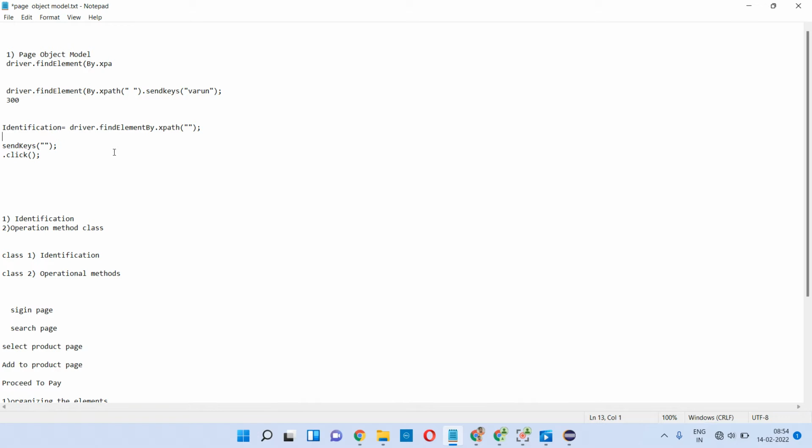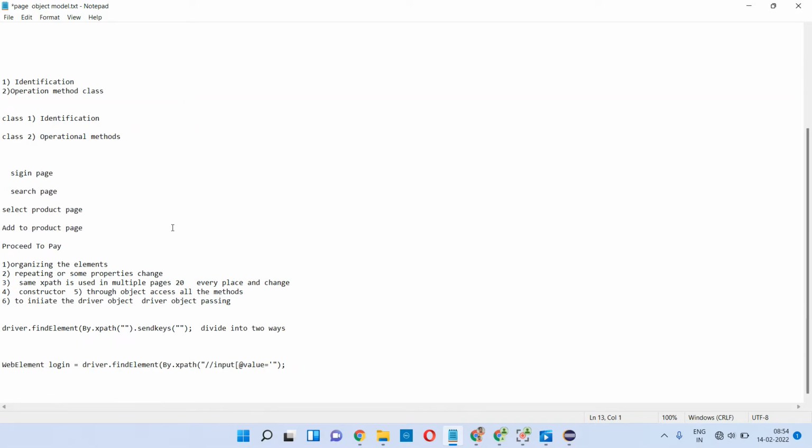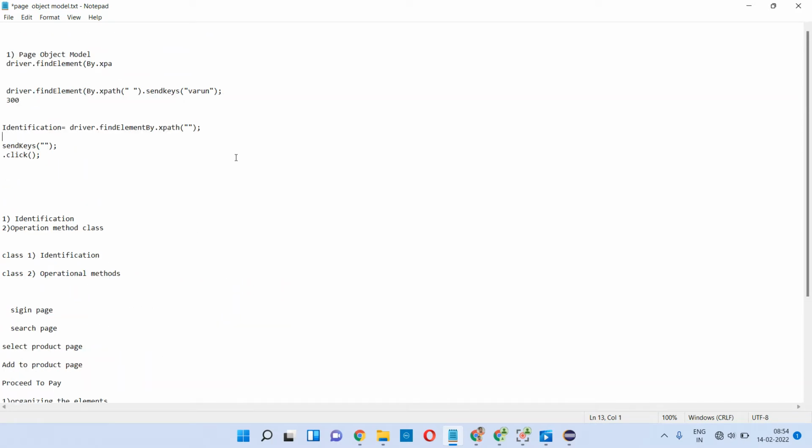By using this way, it would be really helpful for maintenance purposes, if any XPath or element has been changed dynamically. In real time, we have an application, and the developer may change it. If any new element comes, he may change the XPath. So there we will only change the XPath, the code also will be reduced, and it would be easy to maintain. So that is how I'm going to use it.